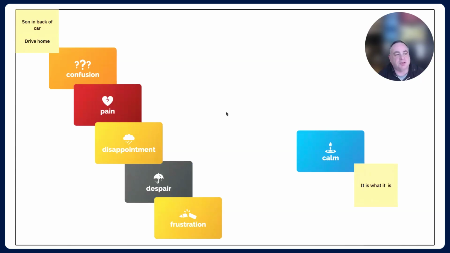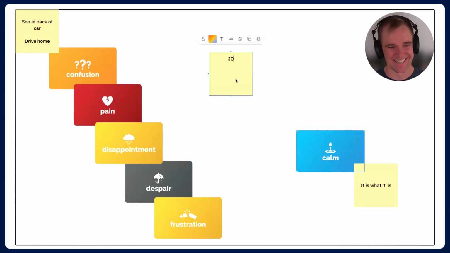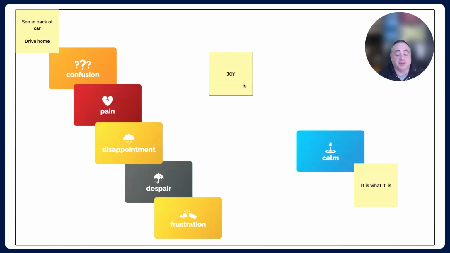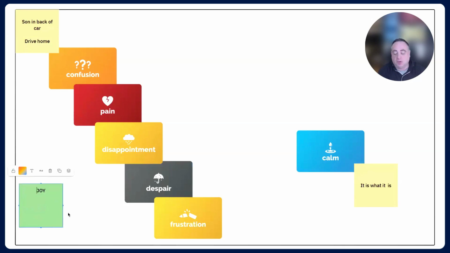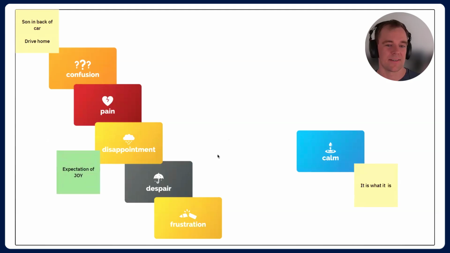Yeah, there was another emotion prior to that, which was joy. I didn't get a chance to do it because of 6 cards. But the joy of, I was looking forward to seeing him, saying hi and chatting with him. Oh, he just didn't seem to want to chat or talk to me. So you have that expectation of joy and the disappointment of that not being met, right? So that's connected here. Disappointment always also